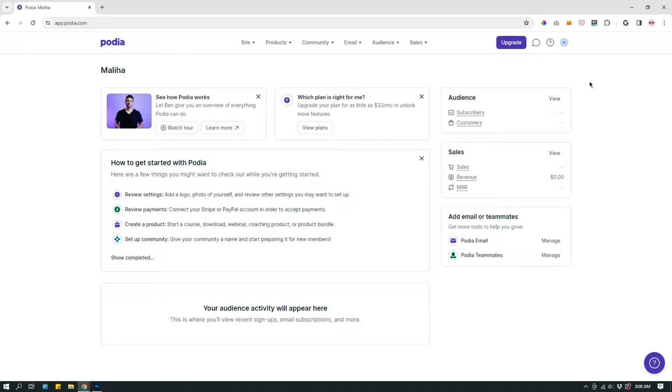Now I do want to say that Podia's email feature works best when it's used with Podia's other features like Podia's website, Podia's products, etc. Now, if you want to use Podia email with external tools, so for example, if you're like me and you have your website on WordPress, if you sell your products on WordPress, then you will find Podia email to be somewhat limiting because